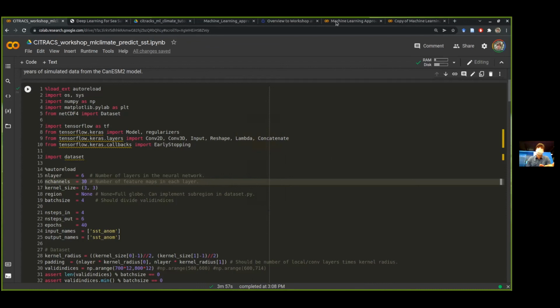Other questions? Oh, this is a good question. No, these are good questions. So say you have a bunch of different variables, sea surface temperature, wind speed, etc. Would you use an LSTM or a CNN? So